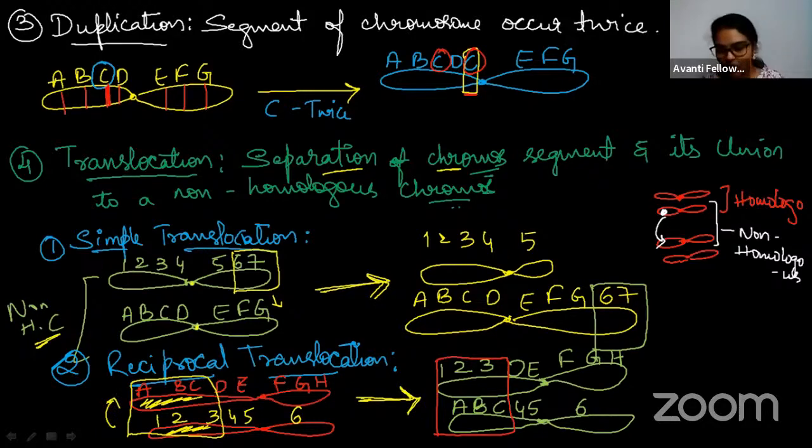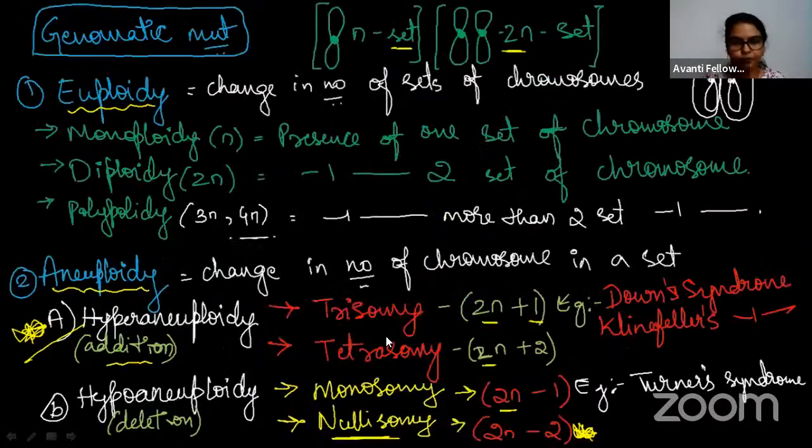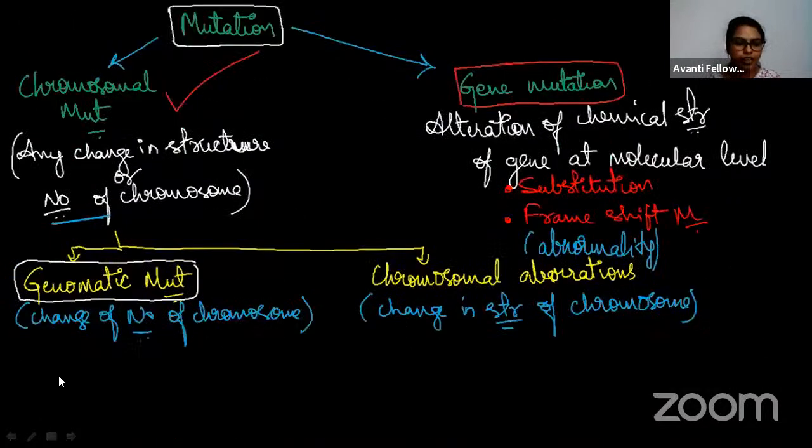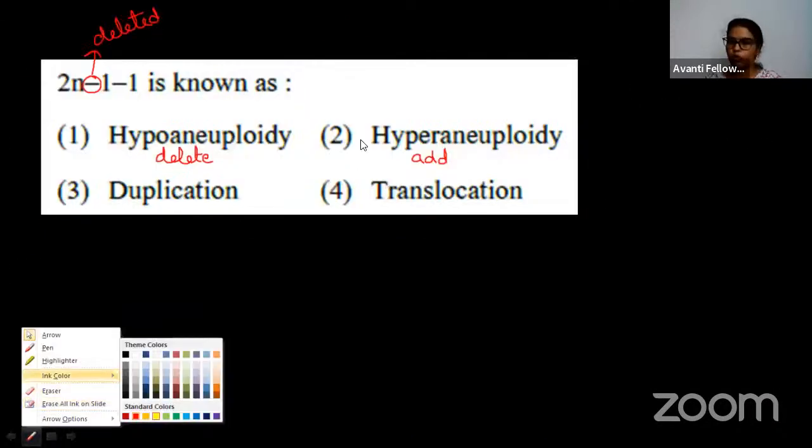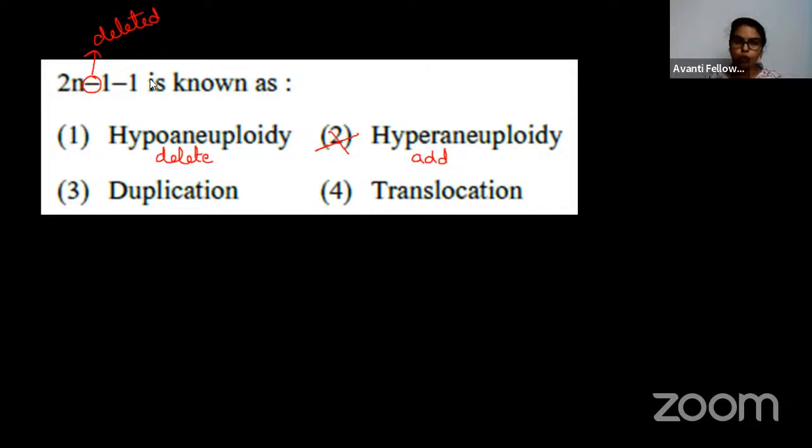Okay, so now go back to the question. So here they are saying, okay, so hyponucleoid, hyperenucleoid. It is definitely not the hyperenucleoid because it is not going to be added. Something is created. But duplication means what? Duplication, repeated number of segments, which is wrong. Translocation means what? Exchange or translocation. A segment of chromosome is going to be locating, change its location. So this is also wrong. So the answer for this question is 1, hyper and 1.